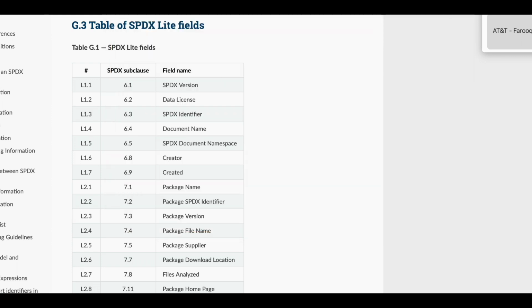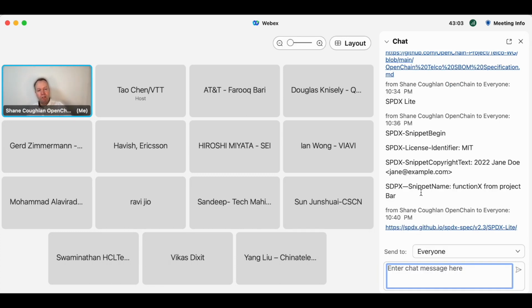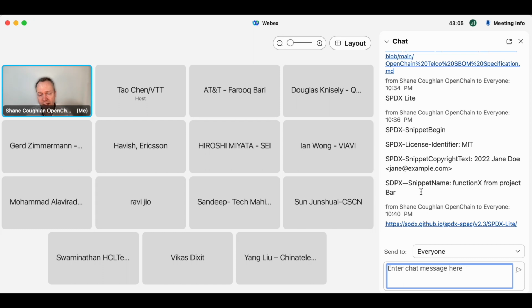We're talking about having flexibility for different markets to do different things, but having overarching approaches, and I just put the link to SPDX Lite in this chat, overarching approaches that allow us to come back in the future and work out what just happened, why did it happen, what is this software?